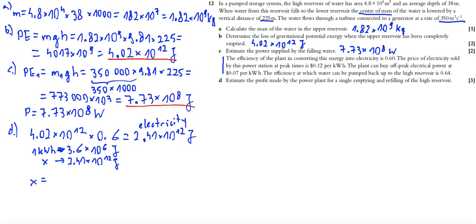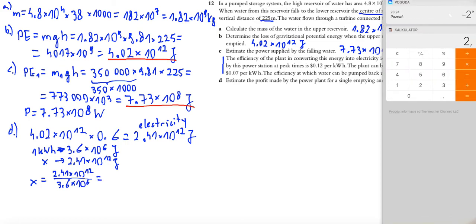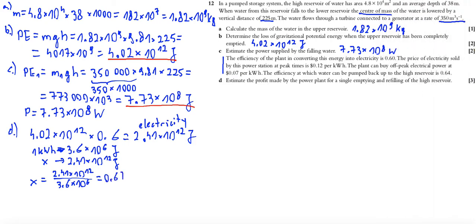So we have to divide 2.41 by 3.6, okay, which is 0.67 times 10 to the power of 6 kilowatt hours,